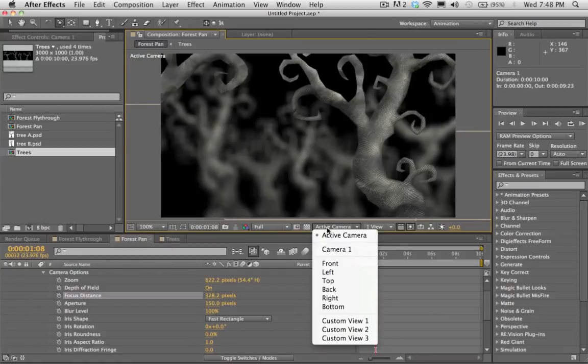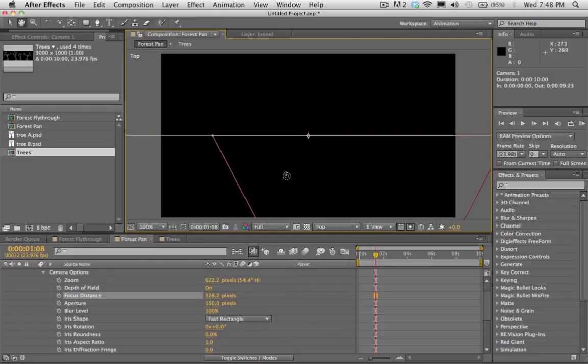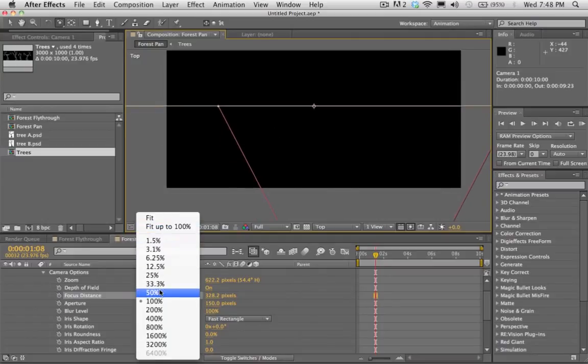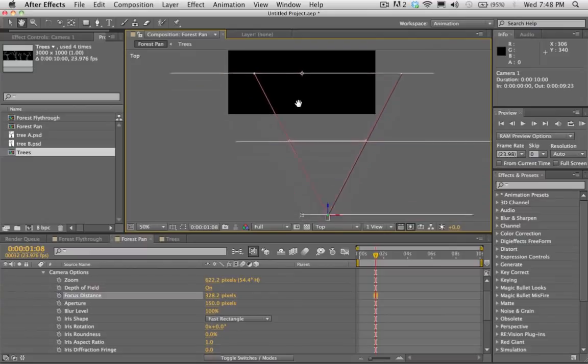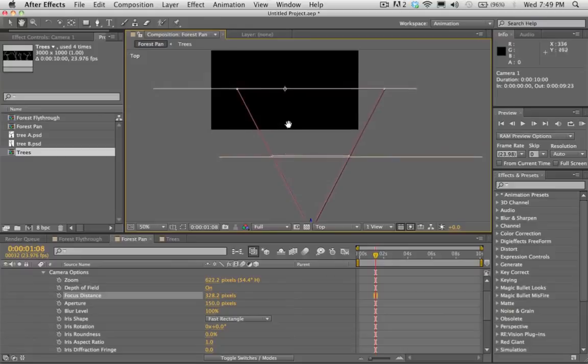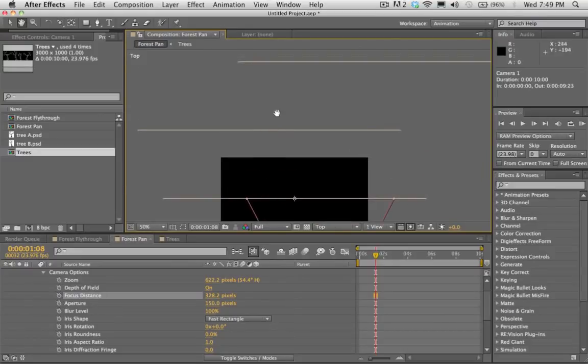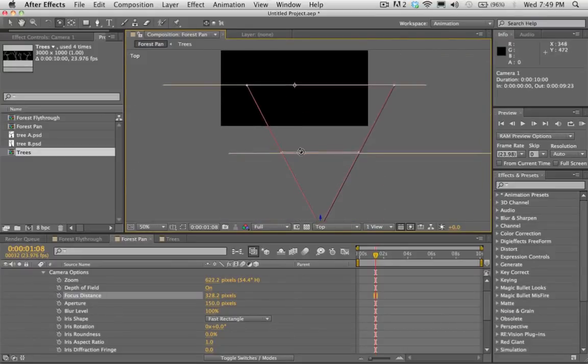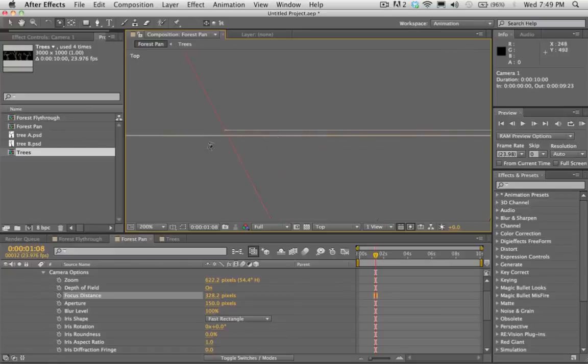Or a really good, precise way to be real specific with your focus distance is to go and change your view to the top. And if I go to like 50% with the view here, so here's my camera right here. Here's the first layer that's in front of there. There's the second layer, and so on and so forth as it goes back. Now you'll see my pink line right here. My pink line's pretty close to this front layer, but if I want it to be in the absolute highest sharpness that we can go for this layer here, I'm gonna drag this focus layer until